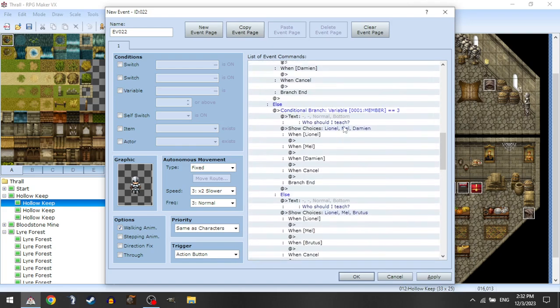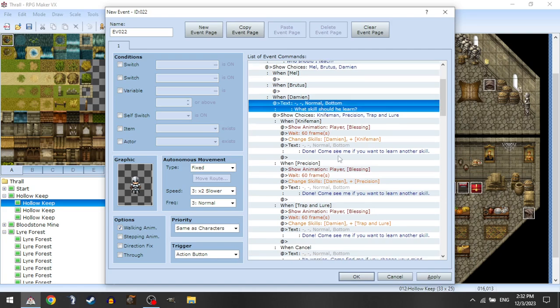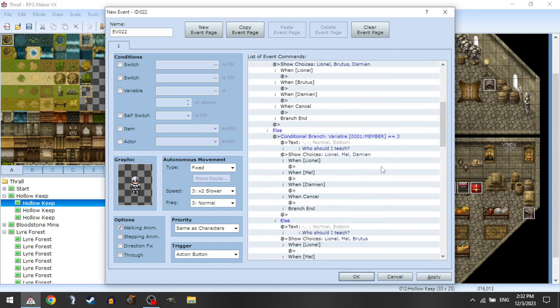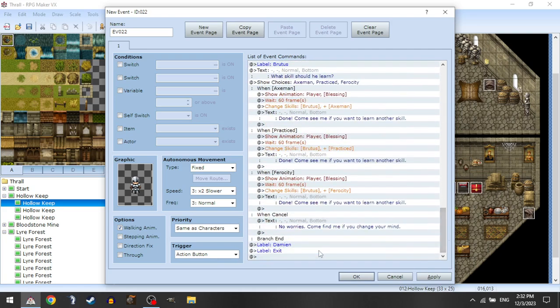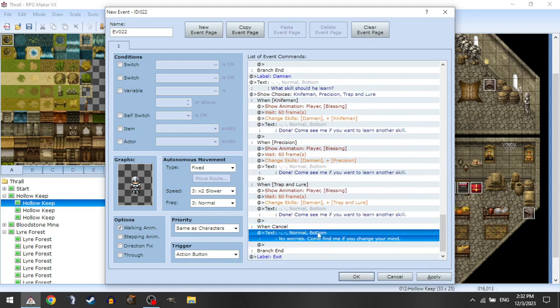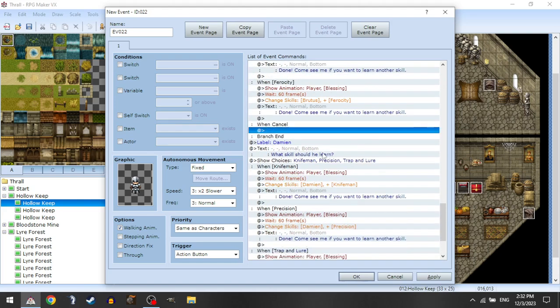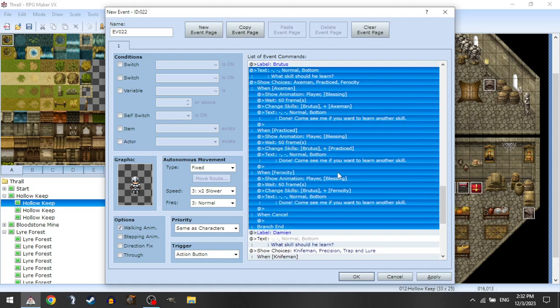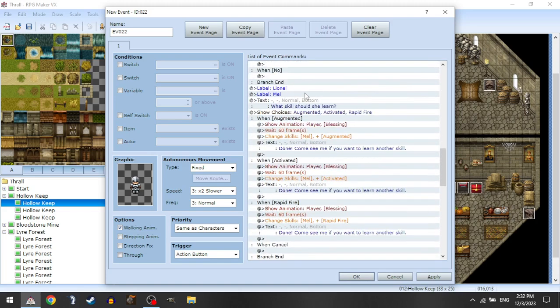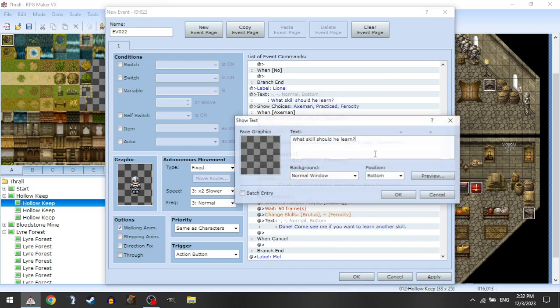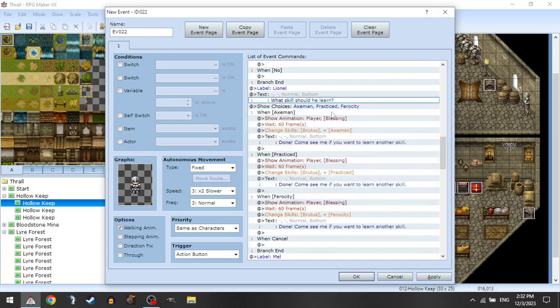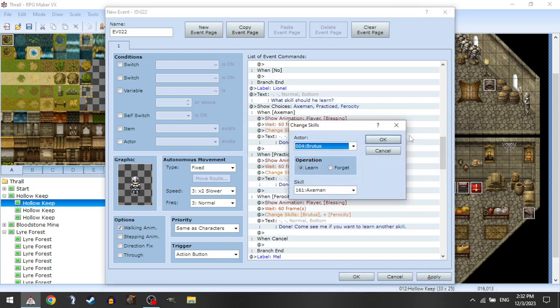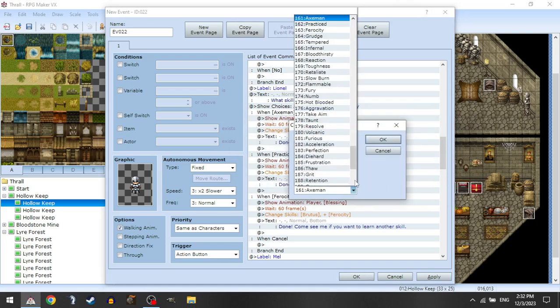And then under Damien, I'm going to go find his code that we put together and do the same thing. Put his under Damien, and we are going to need to put together some code for Lionel, so let's do that now. Let's just copy Brutus's code, put it under the Lionel label, and give him some skills to choose from. So we're going to teach Lionel a skill. Let's teach him,